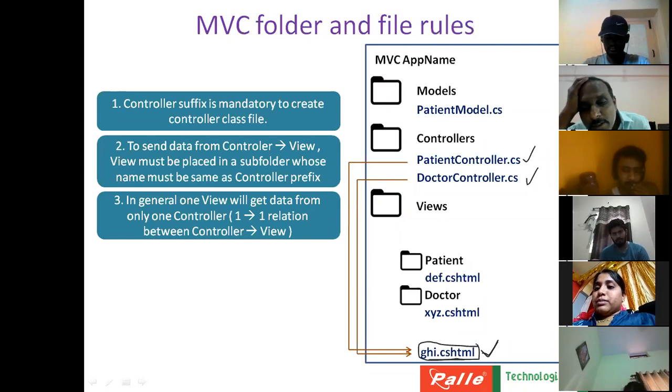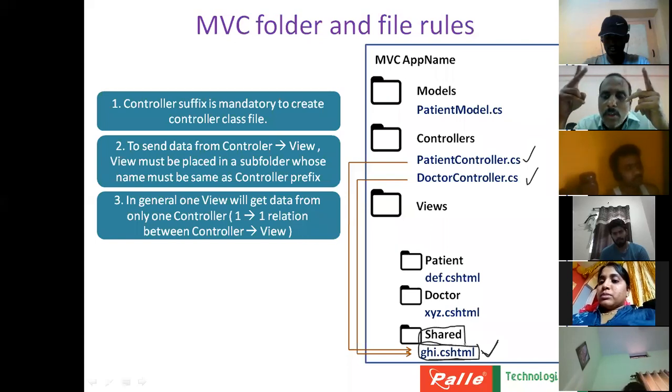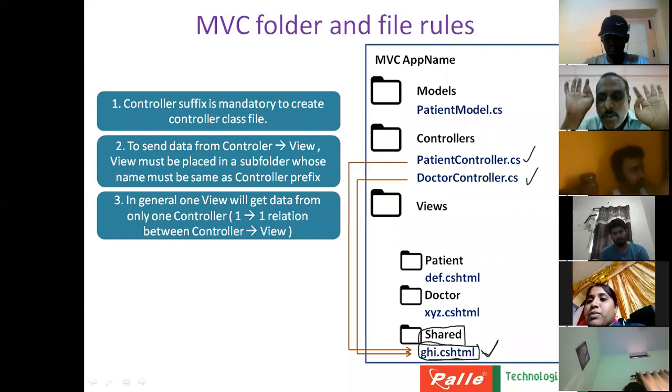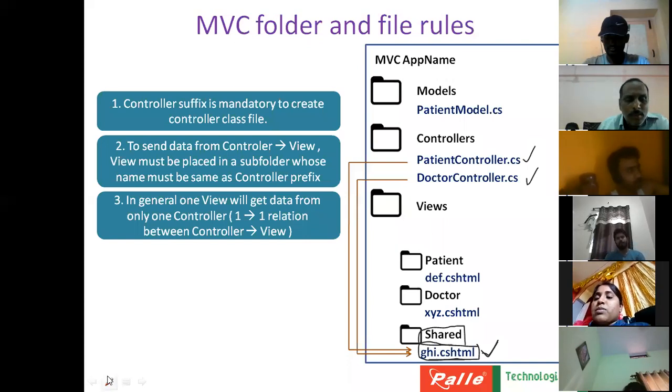Tell me, what should I do? I cannot place two folders now. What I have to do is place this file inside the shared folder. So when the view is receiving the data from more than one controller, it is better to place your view inside the shared folder. So these are the basic rules present in your MVC applications.